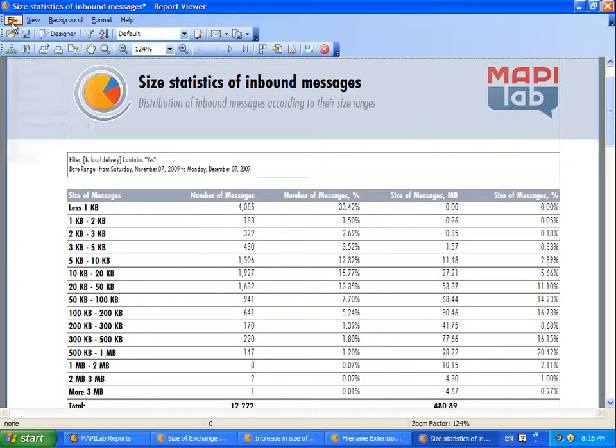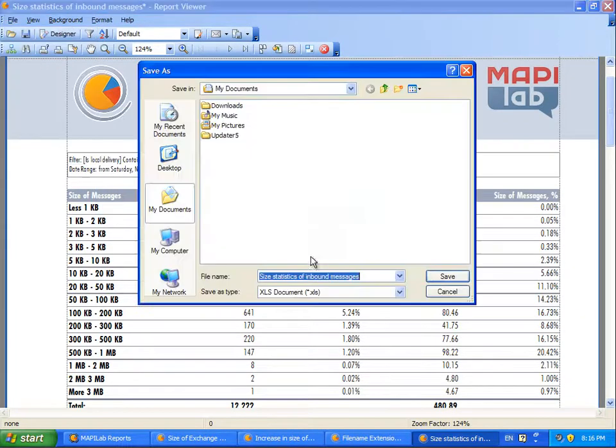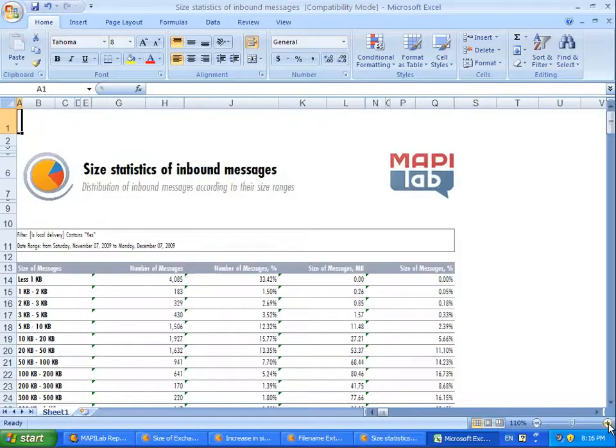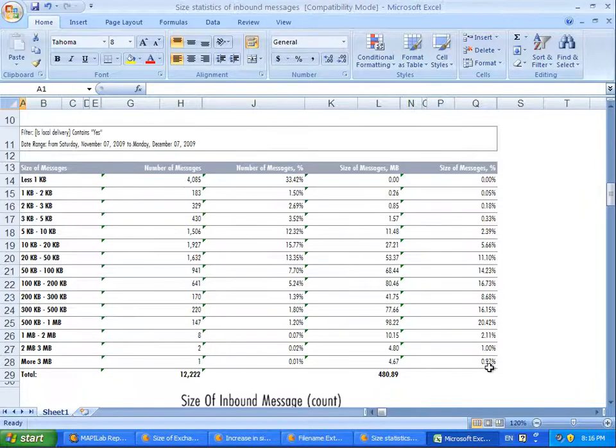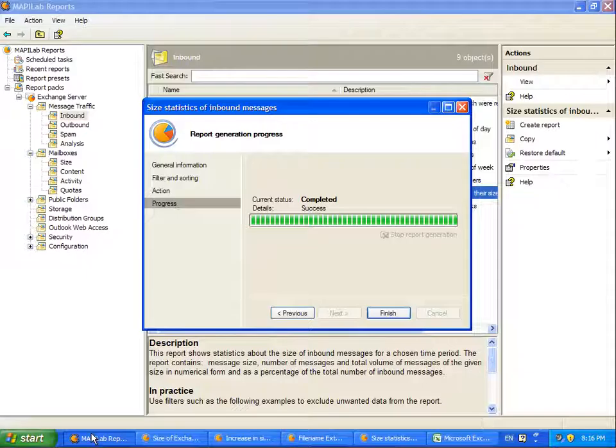We export this report to Excel, and now we can calculate that the messages larger than 100 kilobytes have created more than 50% of the traffic and evidently occupy the proper space in the users' mailboxes. We can significantly reduce the volume and traffic using SharePoint and similar systems.